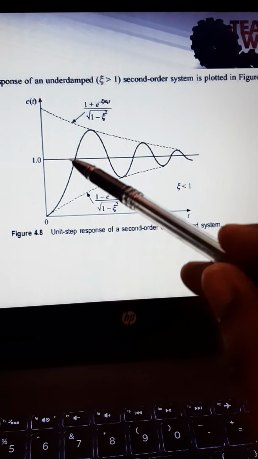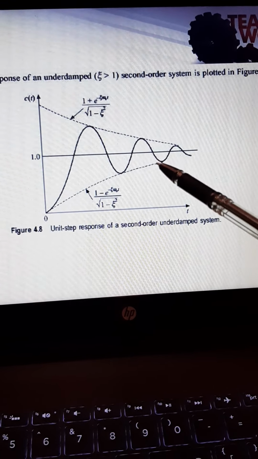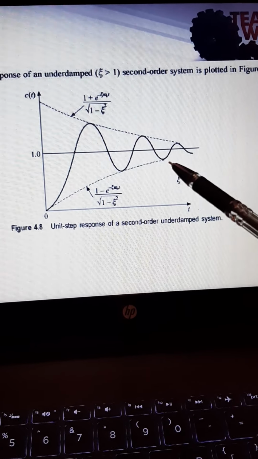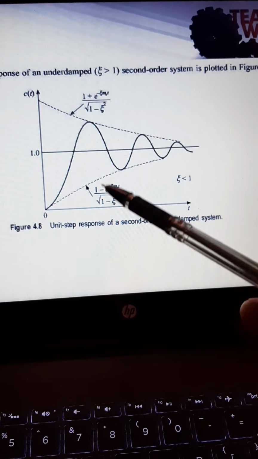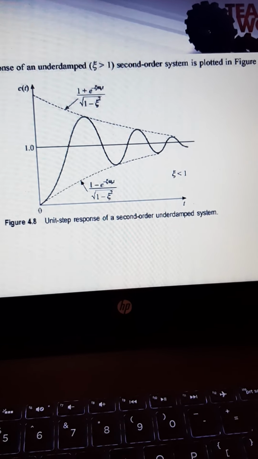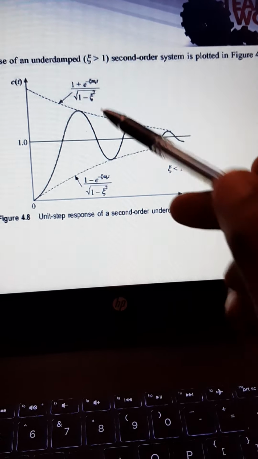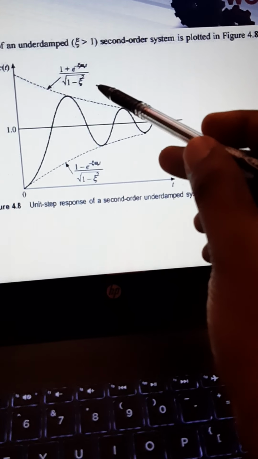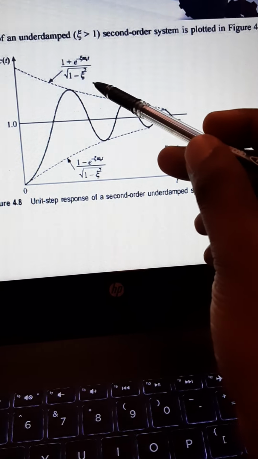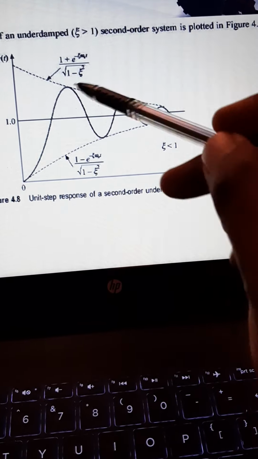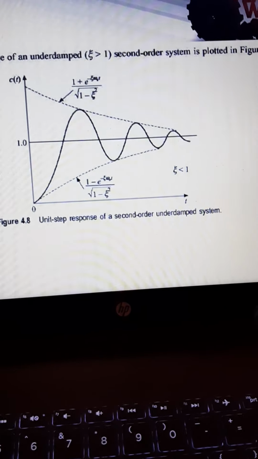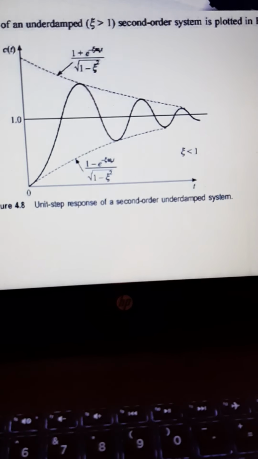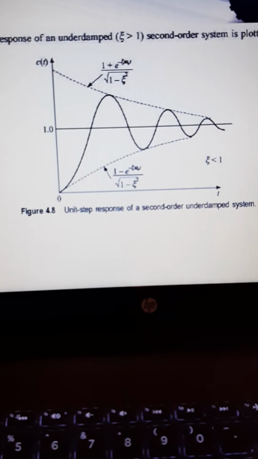There you can see the response, the oscillation, is slowly decaying. This is nothing but 1 minus e to the power of minus xi omega nt divided by square root of 1 minus xi square. I am confusing with that symbol, so you take it properly: xi. Okay, so